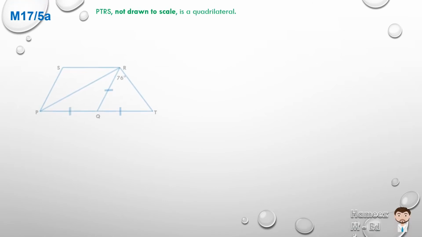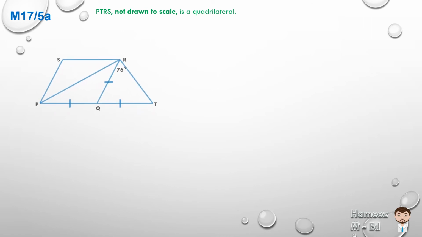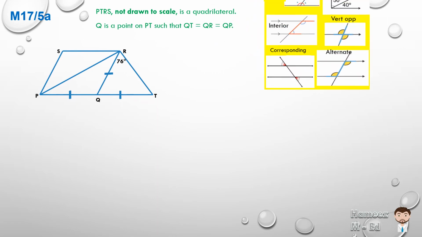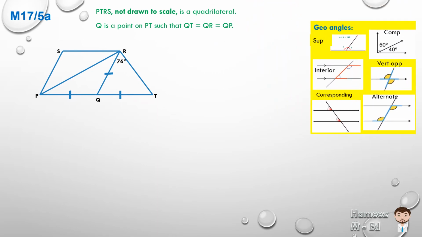May 2017, number 5a. PTRS, not drawn to scale, is a quadrilateral. Q, a fifth point, is a point on the baseline PT such that QT is equal to QR in length, and we have the little symbol on the line to recognize that, and is also equal to QP. Determine, giving a reason for each step of your answer, the measure of